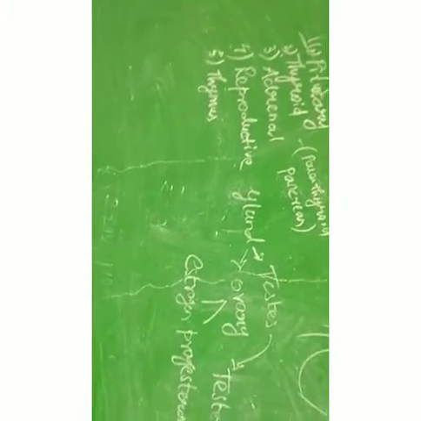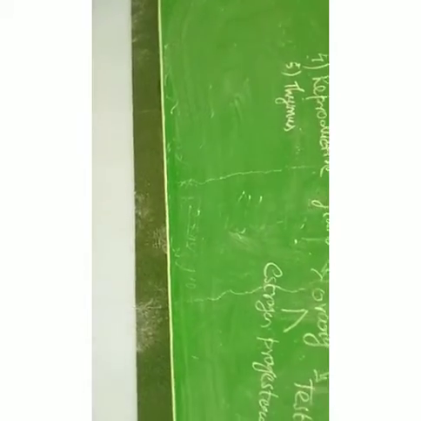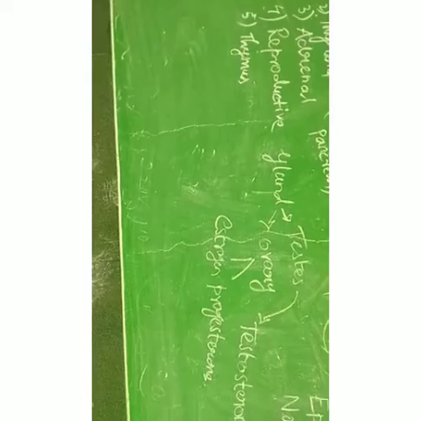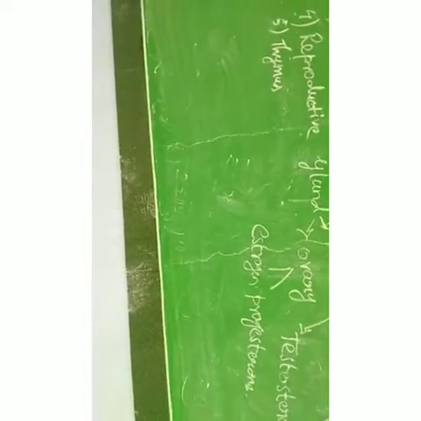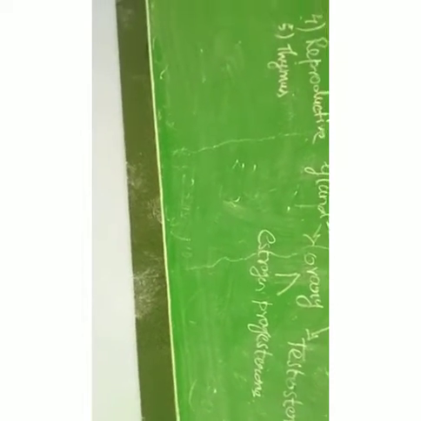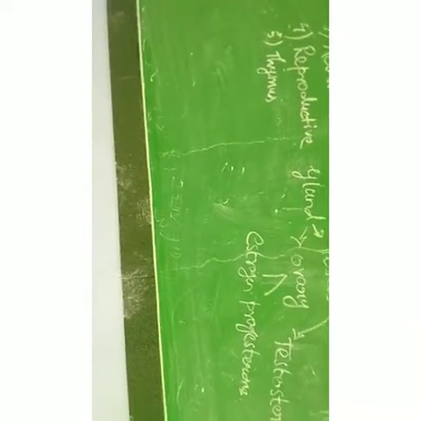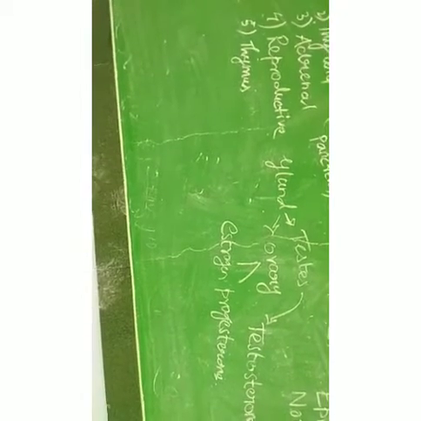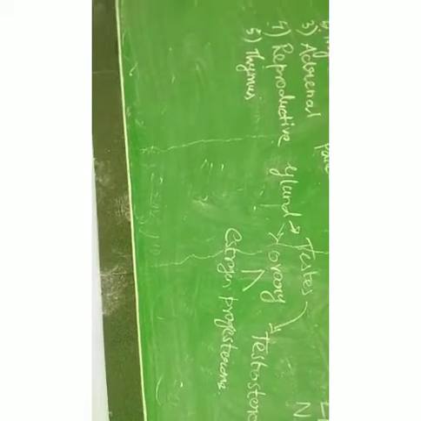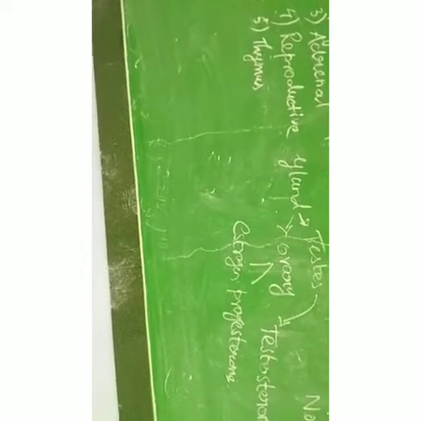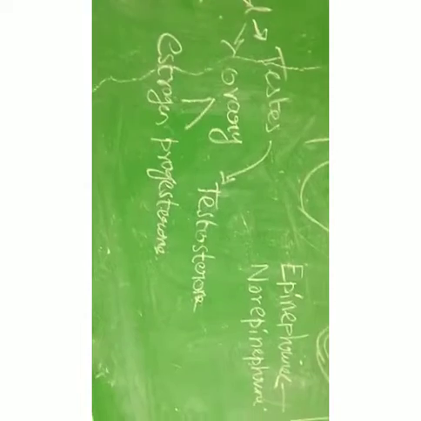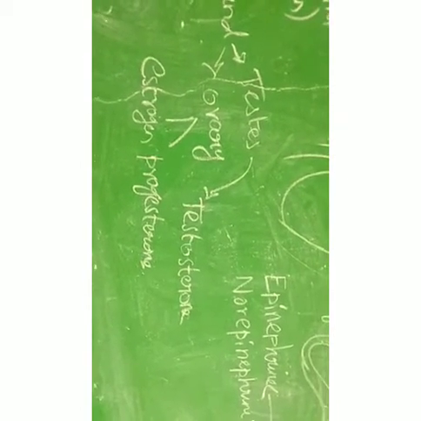The reproductive gland is otherwise called the gonads. The sex glands are of two types, that is testes and ovary. The testes are present in a male and the ovaries are present in a female, as you already know. The testes, the reproductive gland in a male, are composed of seminiferous tubules. They have particular cells, steroid cells, and these cells act as an endocrine gland. They produce the hormone called testosterone.